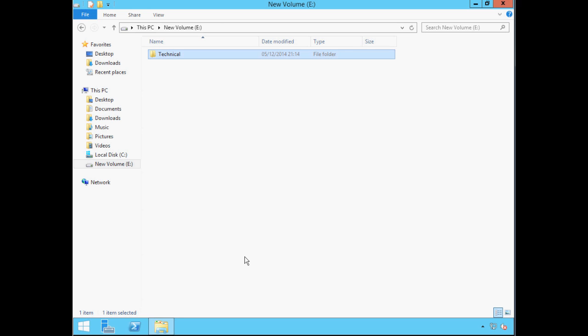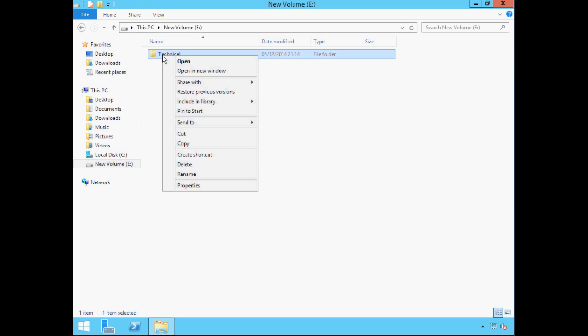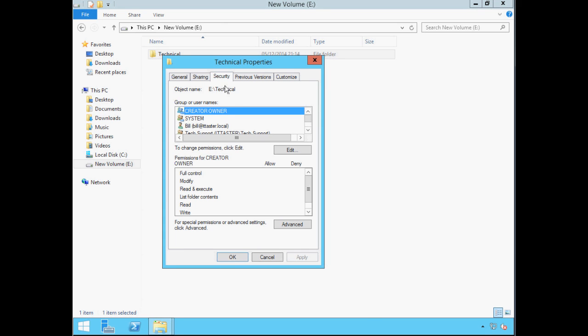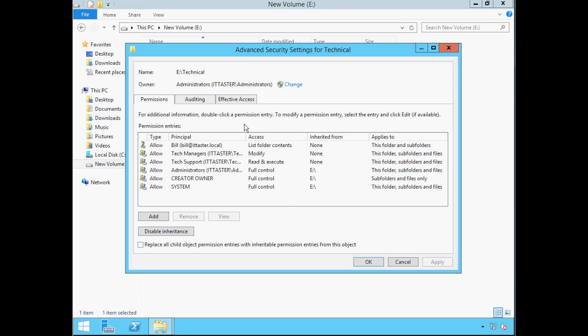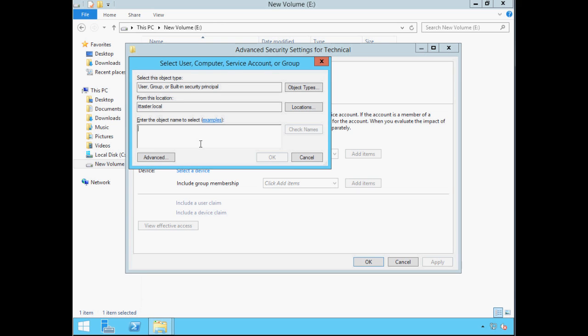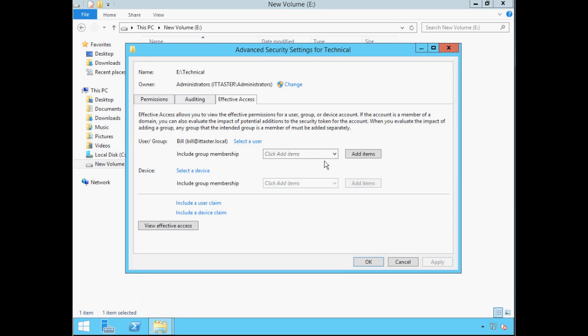To view a user's effective permissions, we need to right-click the object, click Properties, click the Security tab, click the Advanced button, and click Effective Access. We need to select the user, in this case Bill, and we need to add the groups we're interested in.